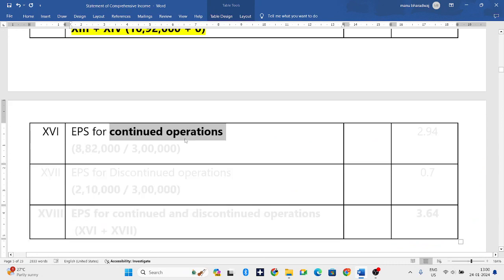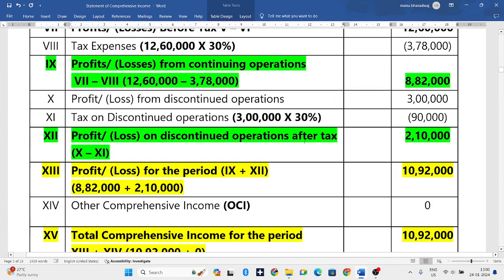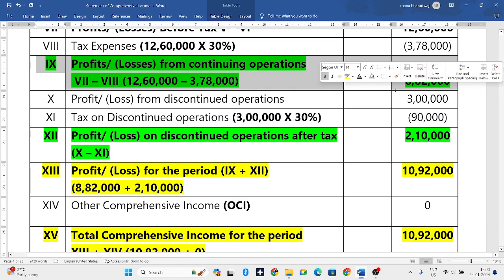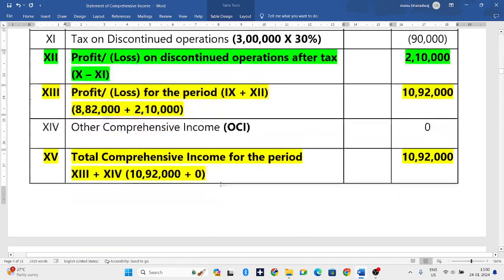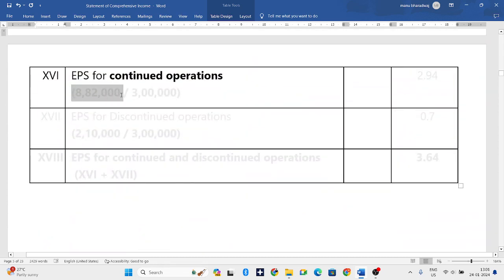First will be for continued operations. So what is the continued operations profit? It is 8,82,000. How much profit do we get from continued operations? That is 8,82,000 divided by